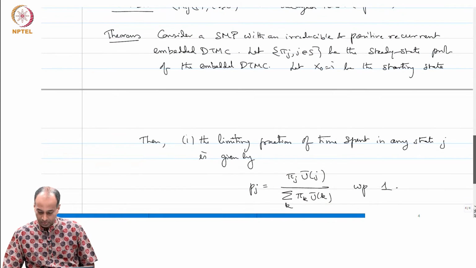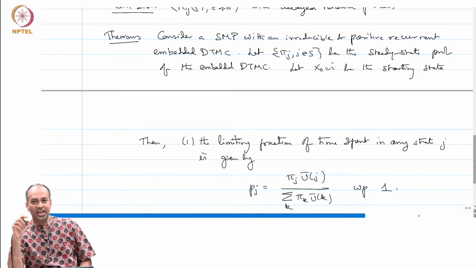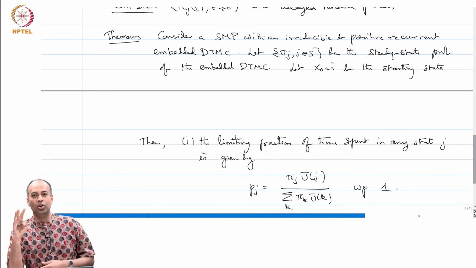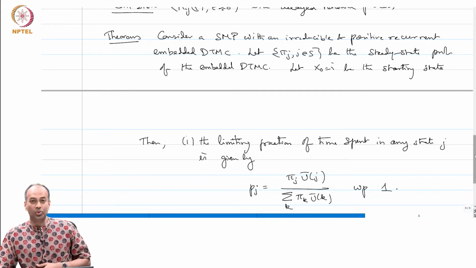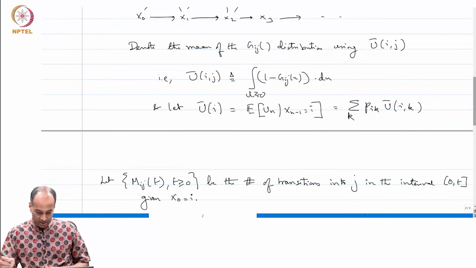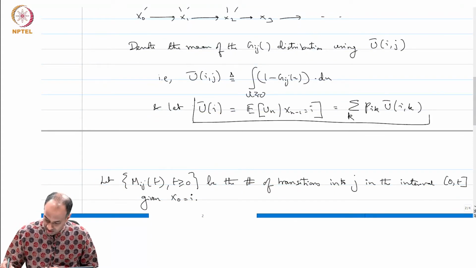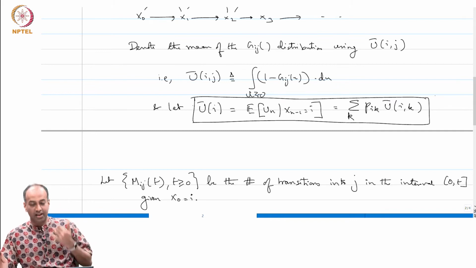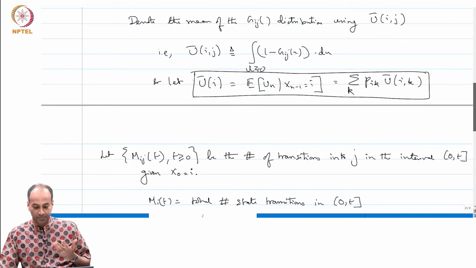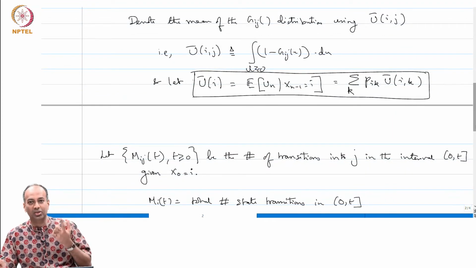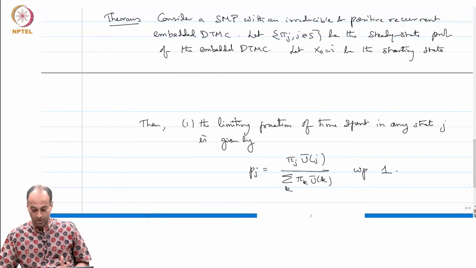If you think about this, u bar j is playing the generalized role of 1 over nu j in the CTMC case. In the CTMC case, you got pi j over nu j divided by the sum over pi k over nu k, so 1 over nu j is simply u bar j. Remember that u bar i was defined here as the average holding time in state i, irrespective of where you are going. So, u bar i j does not directly matter, although we allow this u n to depend on i as well as the next state j. What really matters for this average fraction of time is u bar i.